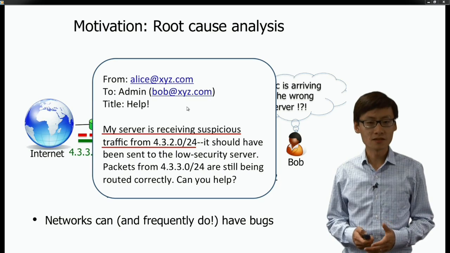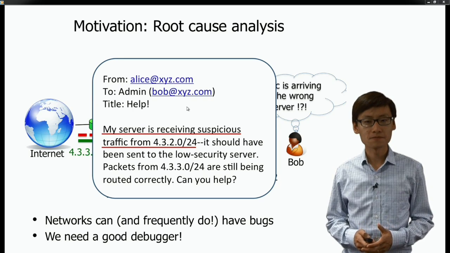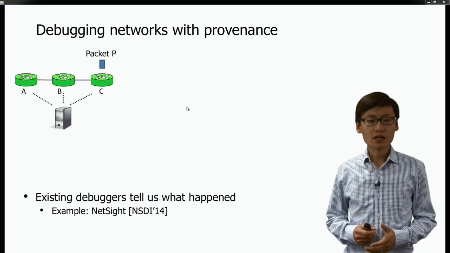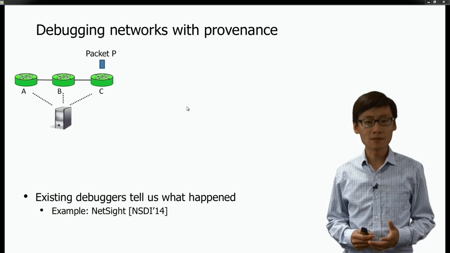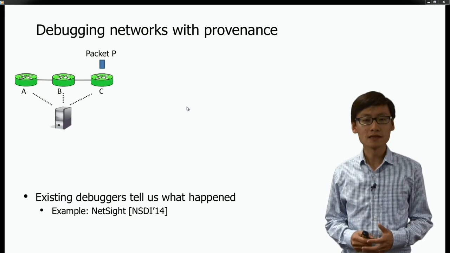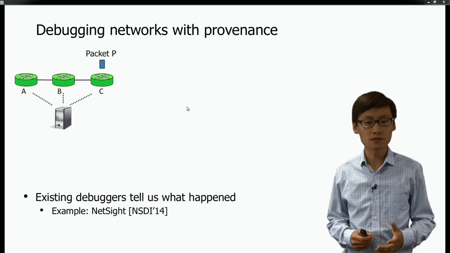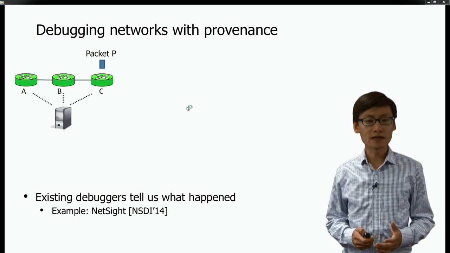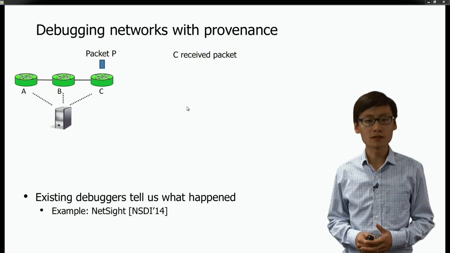So what Bob needs is a good debugger. Existing debuggers can tell us what happened in the network. For instance, NetSite can produce a packet history. If you ask NetSite why there's a packet at switch C, it will tell you that it's because